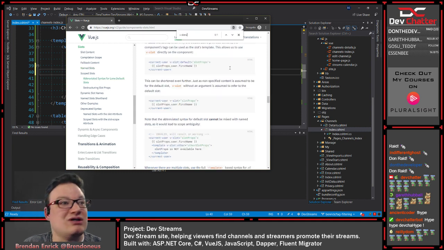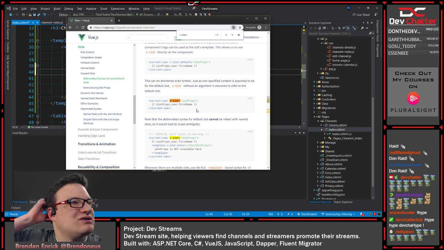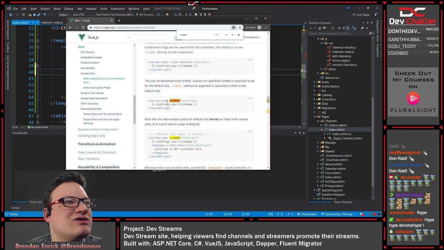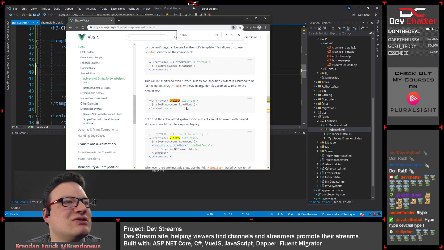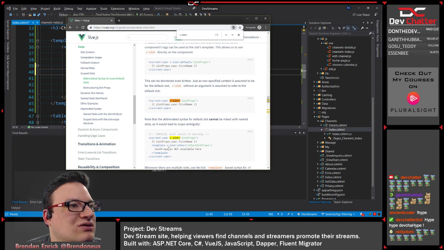So v-slot, do I not have, can we shorten even further? Just don't specify the content, it's assumed for the default slot. Without an argument, it's just assumed to refer to the default slot. Yeah, okay, so it's default, and then abbreviated syntax,